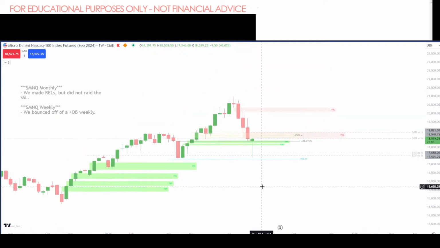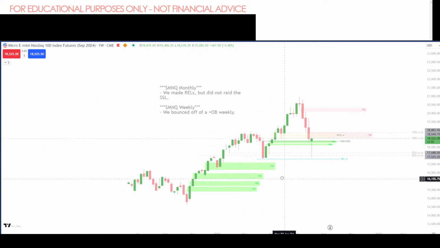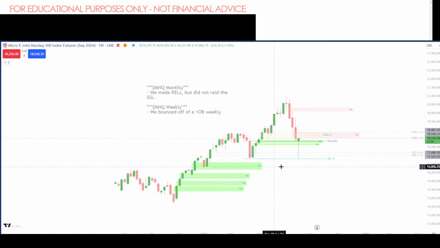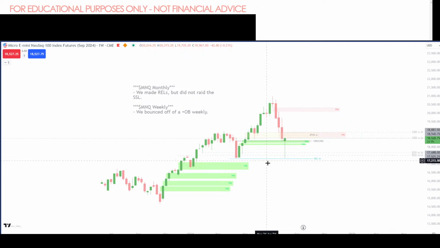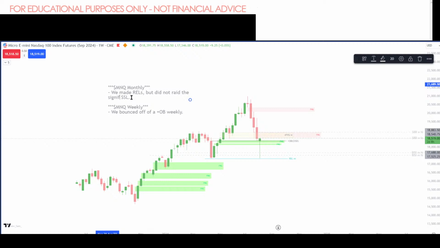All right, so we did go below this candle, but not below that candle, and this was a big downer there. So there's definitely sell side below this line here. I would even, I'm not ready. There's liquidity. Sell side liquidity. Say to not raid the significant sell side liquidity based on that whole drop there.